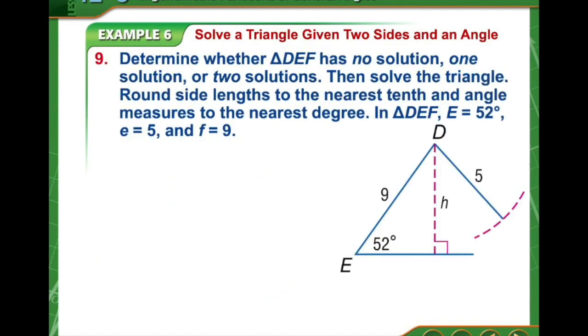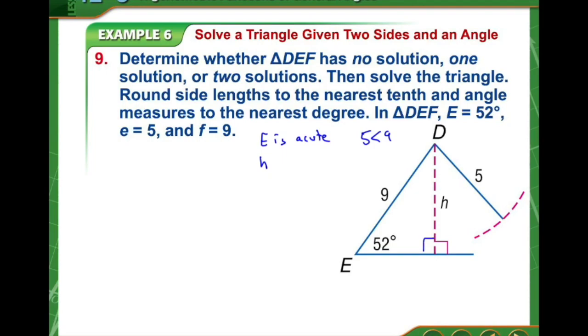Same idea, different triangle. So we need to figure out if we can even make this triangle happen. So E is acute, the angle we do have. So now we need to look at the sides that we do have. So 5 is less than 9, right? Which means we need to find that height as well. We need to compare the height in there. So our height